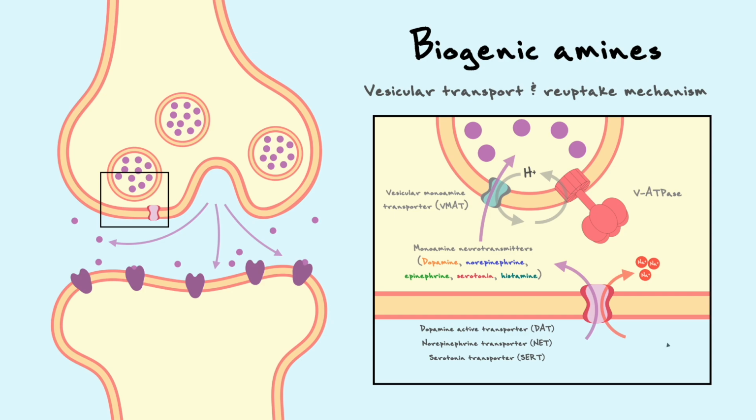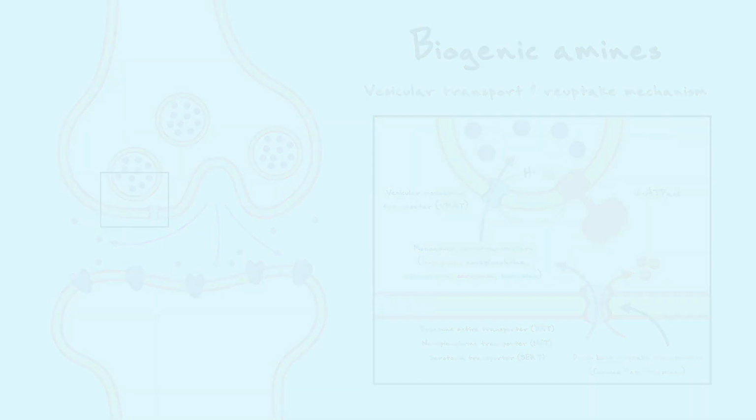For your information, a lot of drugs target these transporters, which prevent reuptake mechanisms from properly functioning. Two good examples of such drugs are cocaine and amphetamines. Now, to complete our picture on these neurotransmitters, let's discuss their general receptors and what general functions they mediate in